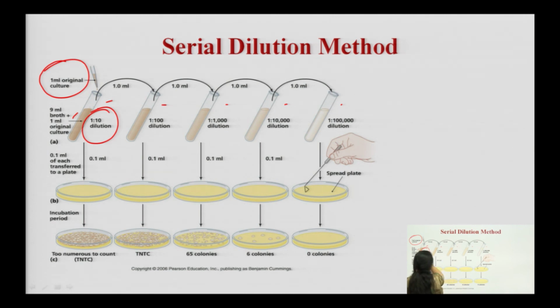Moving forward, we will shake the whole test tube containing 1 ml mixed culture and 9 ml growth media. After that we will transfer 1 ml to the next test tube, and we will get a 1:100 dilution. Then we will again shake it, take 1 ml from the previous test tube and add it to the next test tube, and we will get a 1:1000 dilution, meaning we have diluted our original sample 1000 times. In this case we have diluted our sample 10,000 times. As we move forward, we are diluting our samples, decreasing the number of microorganisms within each test tube.